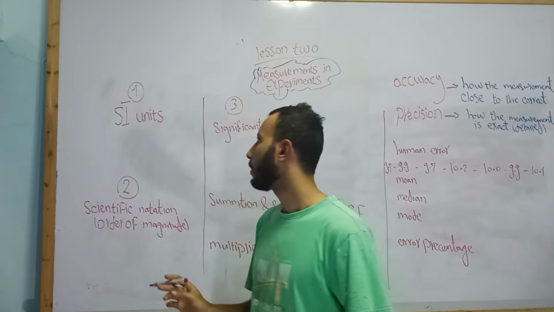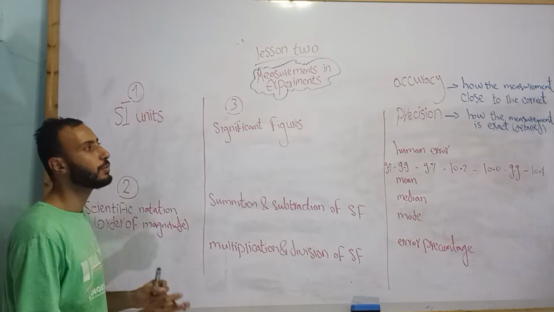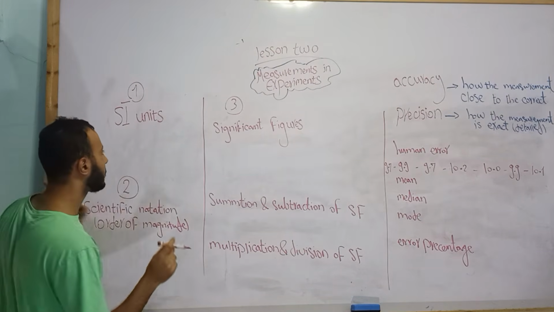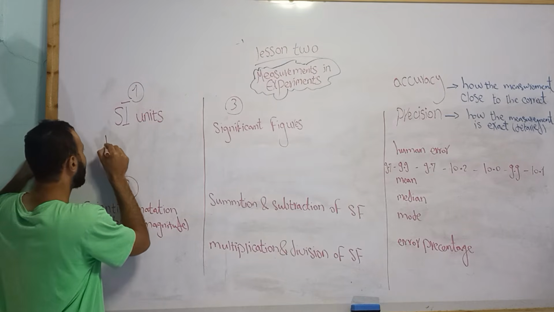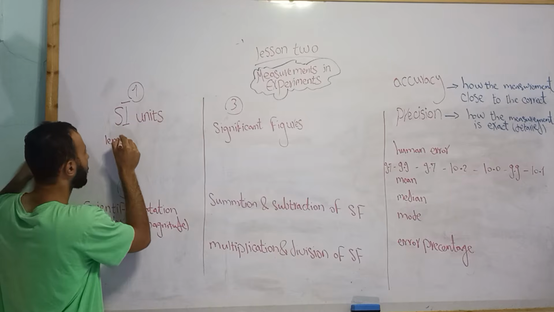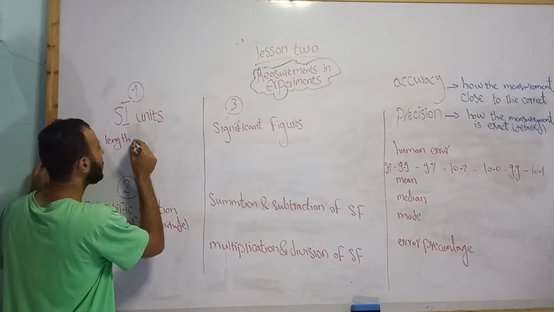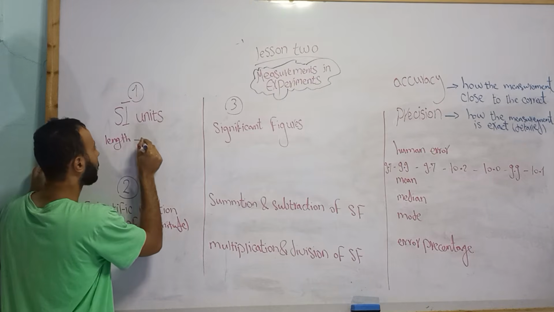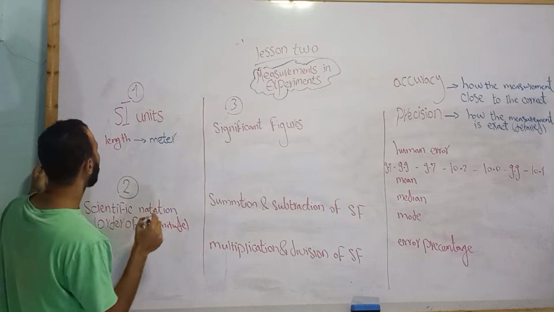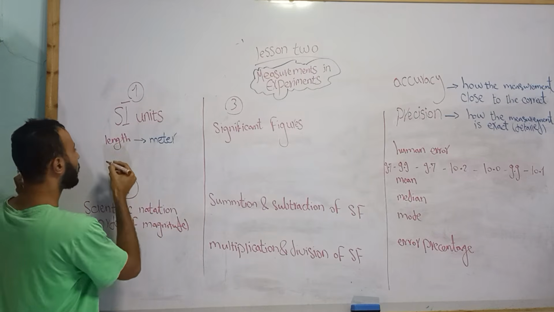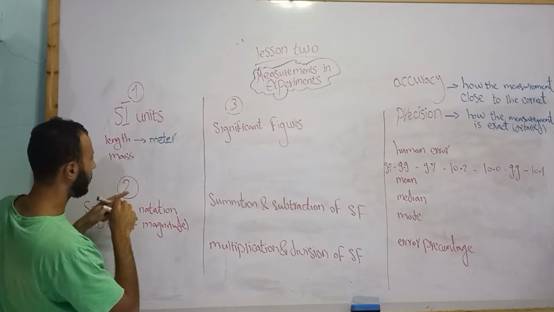Okay, so what are the units that they agreed to use in the SI units in terms of length or any distance, for example? They agreed to use meter. Okay, and for mass they use